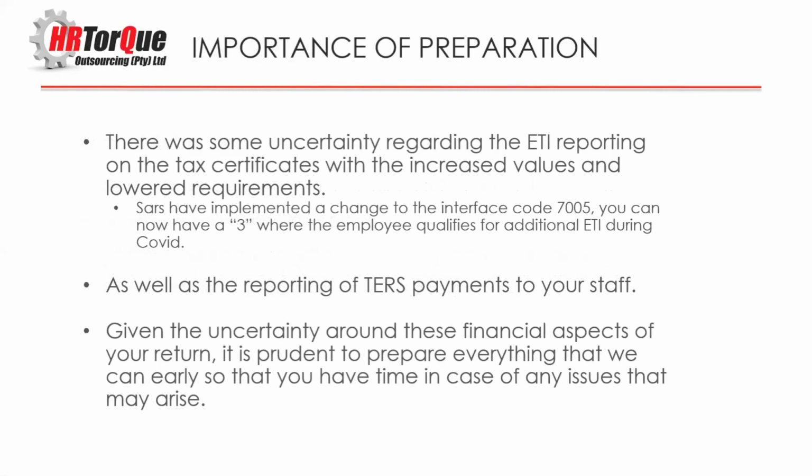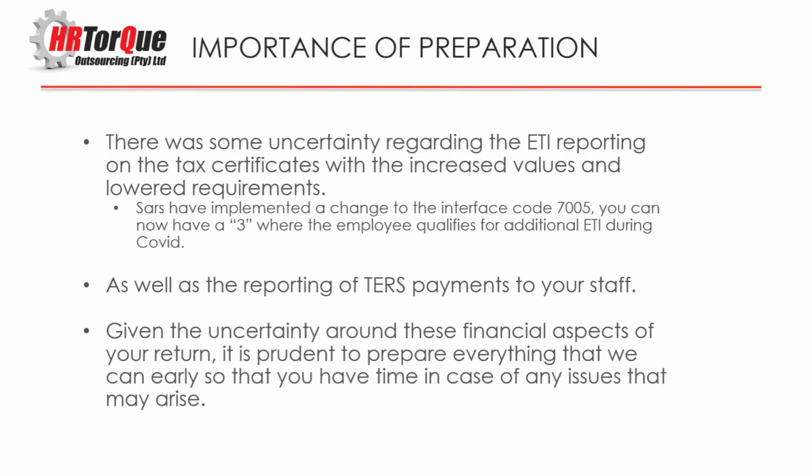Okay, during the last year, there's been some uncertainty with how the ETI reporting on the tax certificates was going to work because of the reduced requirements for COVID. We saw some of it come through in the interim submission, but in this submission, we now have a code 3 on interface code 7005, which is a very technical way of saying SARS have implemented a small change which allows you to use an indicator 3 on that interface code, which will remove the age verification, which is what the COVID